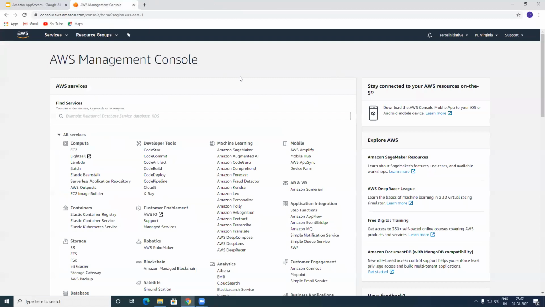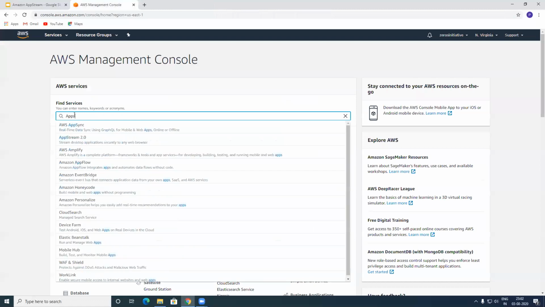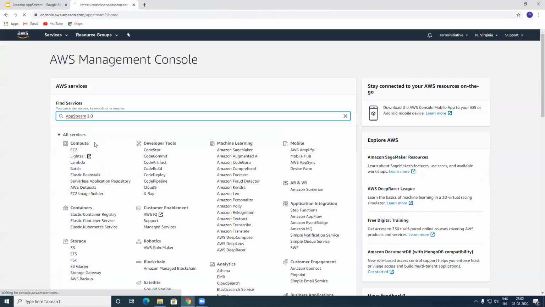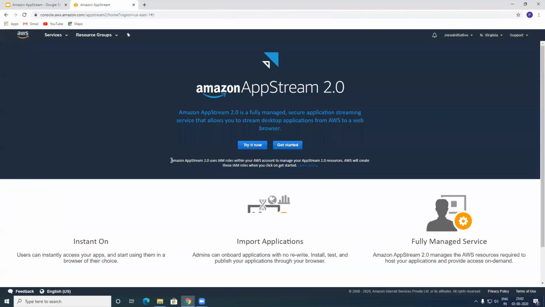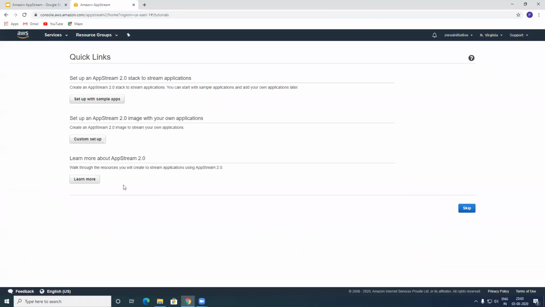So I'm already logged into the management console of my AWS account. Let me open up AppStream 2.0. So I'll walk you through the process of doing this. Right now, I may never have enough capacity in order to launch, nor even a proper support service limit in order for me to launch big instances. But still, I'll show you how to do it.